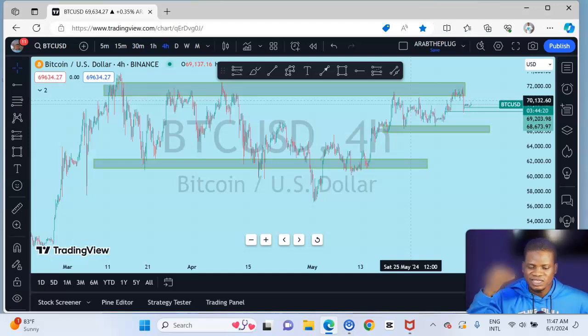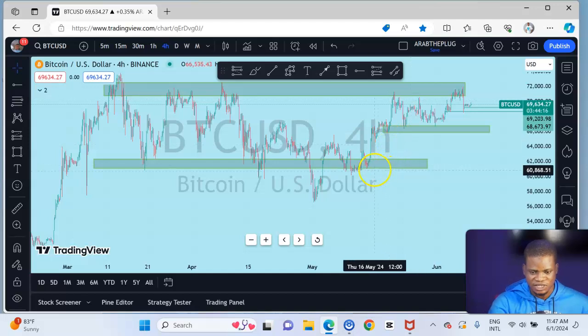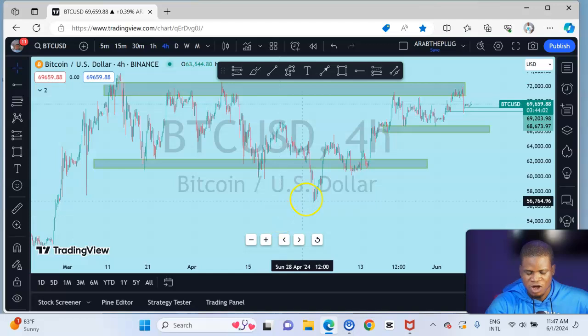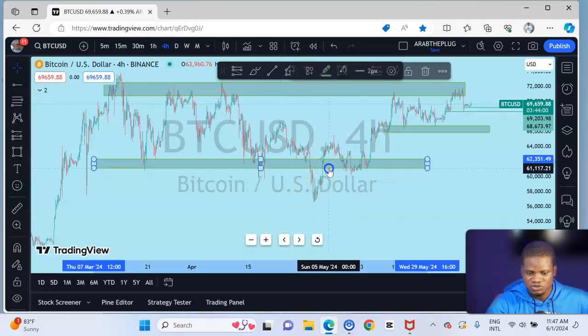So the more the touches, the more the bounces of the market from the area of support or resistance, the stronger the level becomes, and the higher the probability that you are going to get a high probability trade from it. So now, this is a resistance, this is a support, this is also another support, and all that is drawn on a higher time frame. But if you are a day trader and you trade on a lower time frame,